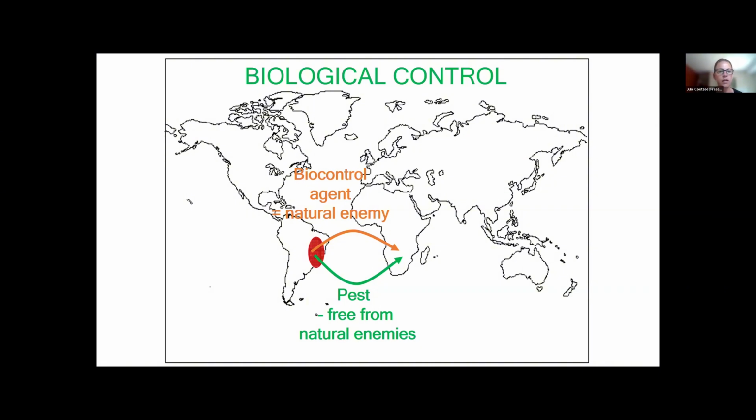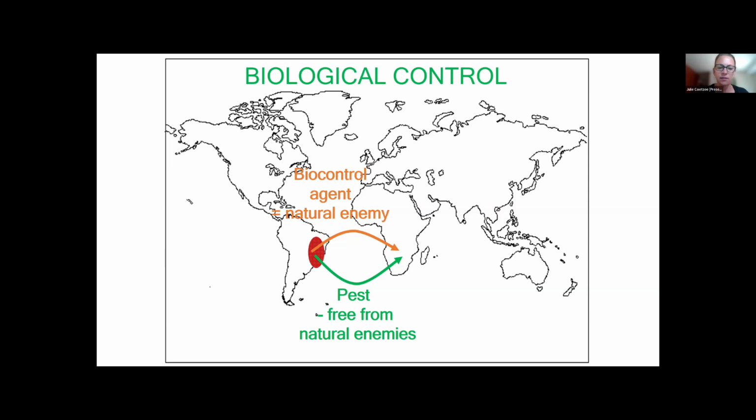And I know there's going to be lots of questions about how do you know they're not going to eat another plant? How do we know that they're not going to become a bigger problem than the plant itself? Well, we do incredibly strict host specificity studies under quarantine conditions. And once we're satisfied with all of our testing, that can take from 3 to 10 years, we then apply to the relevant governments for permission to release these control agents.